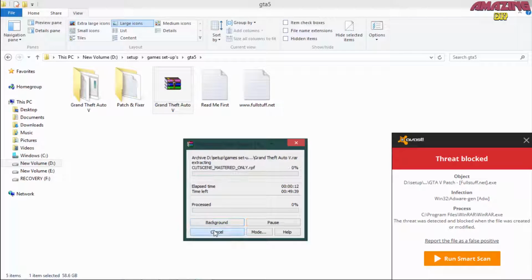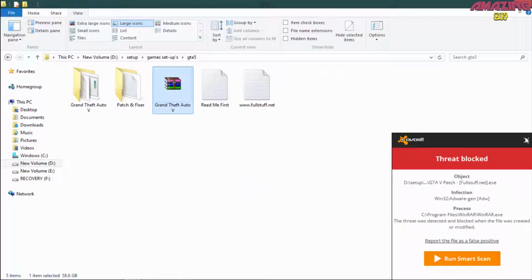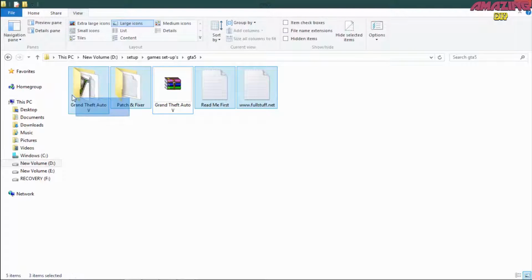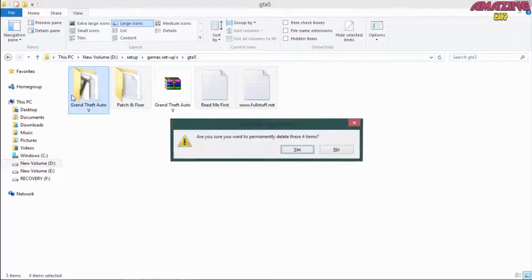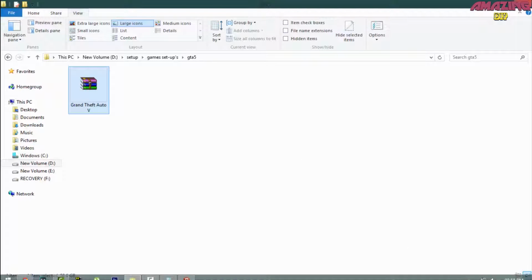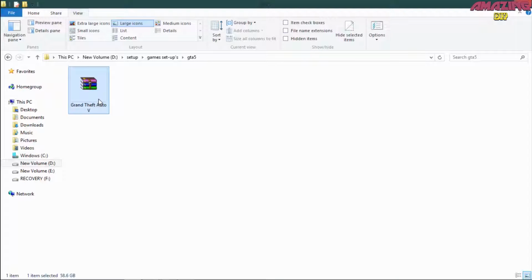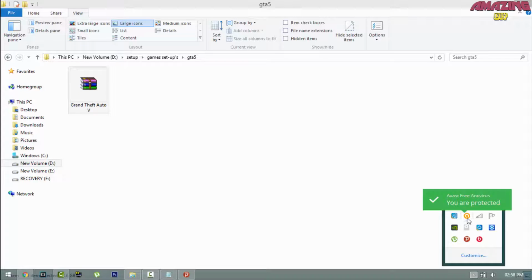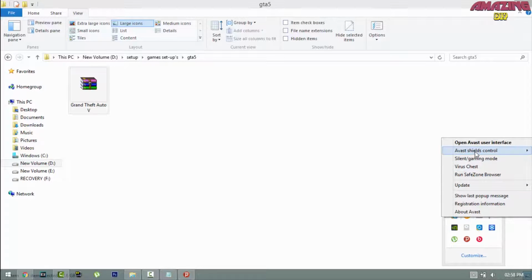One more thing, I have to cancel that and delete this. Now this is the setup which was downloaded by torrent. And one thing, before extracting it, please right click on your antivirus and go to advanced shield control.